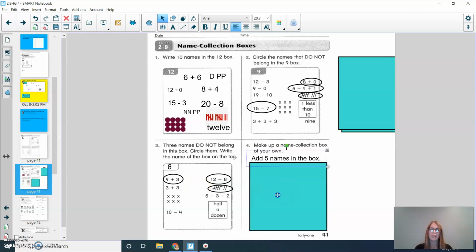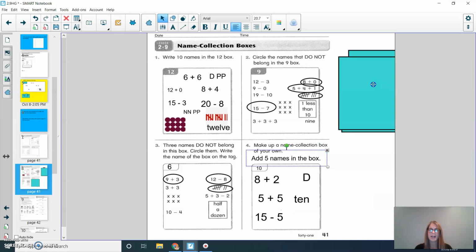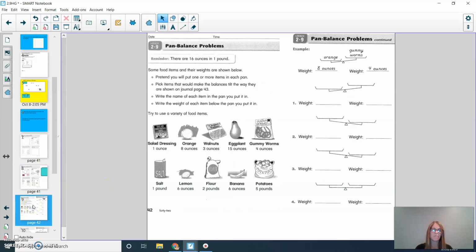Now for number 4, we're going to probably have very different answers. I chose to do the number 10, and you can see the different ways that I came up with 10. We'll work more on name collection boxes in future lessons, but we are going to move on to our next page. And our next page is pages 42 and 43, and this is talking about weight, kind of from our